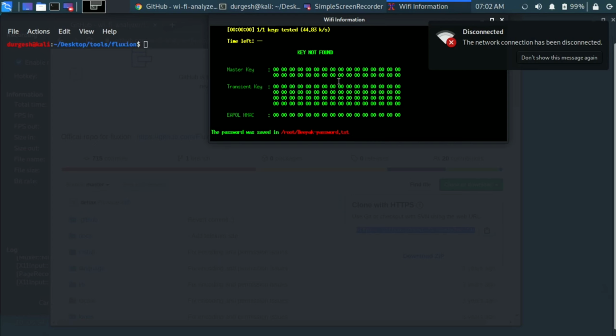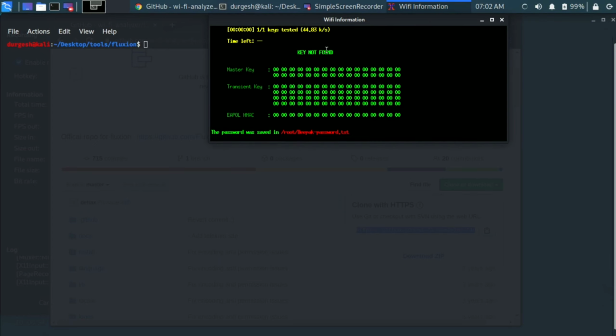So the user must have entered the wrong credentials, and for that reason it says key not found. If the user enters the correct credentials, then you get the key, the right key, here. So in this way, you can keep on hacking someone's password. I think someone near my network got connected to this Deepak Wi-Fi, and he doesn't have the password, so he must have entered the wrong credentials. So I got key not found.